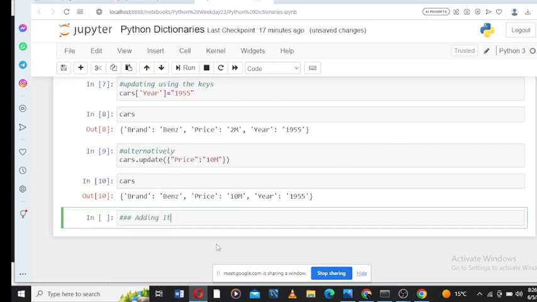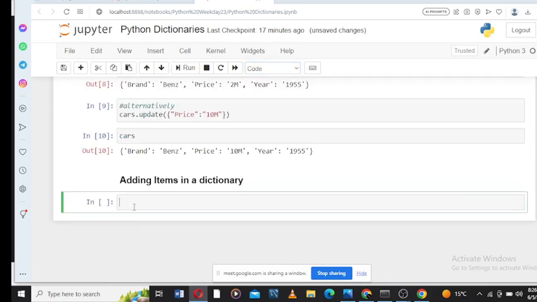Okay, so you may be interested in how to add items in a dictionary. Adding items in a dictionary. We can do this by having the dictionary cars, then the key that we want to add,